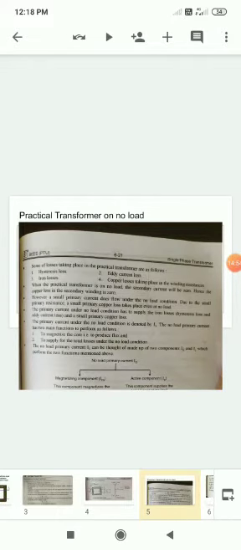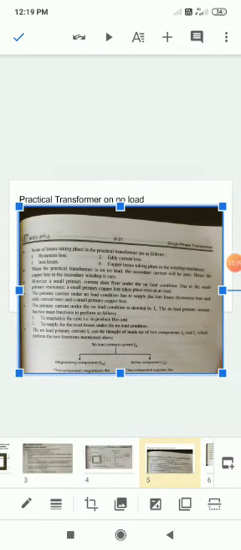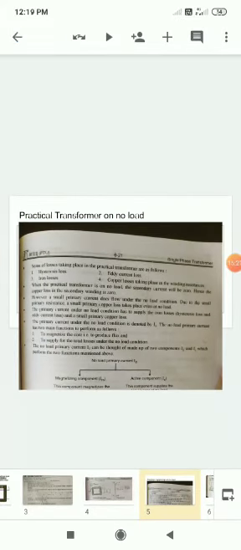Student, in a practical transformer there must be resistance R, some value of resistance. Because of this resistance, heat is produced, and this heat produced in a transformer is again a loss. When the practical transformer is at no load, the secondary current will be zero, and hence the copper loss in the secondary winding will be zero. If we consider no load, our copper loss there can be zero; otherwise copper loss will remain there.